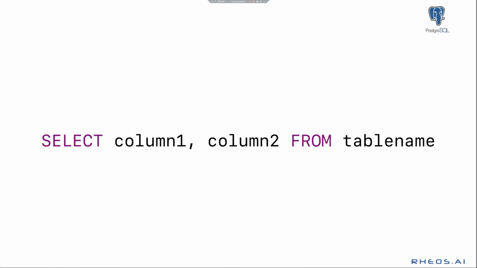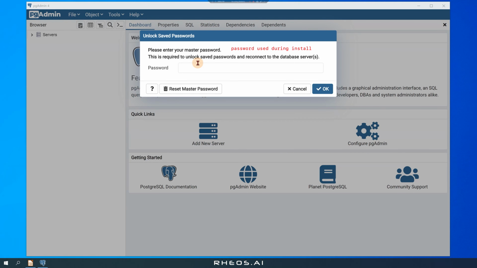In plain English, we're asking the SQL engine to go to the table and show us records and the columns as specified. In this case, it will be all the records in that table with column names column 1 and column 2. So, open up pgAdmin and enter your password